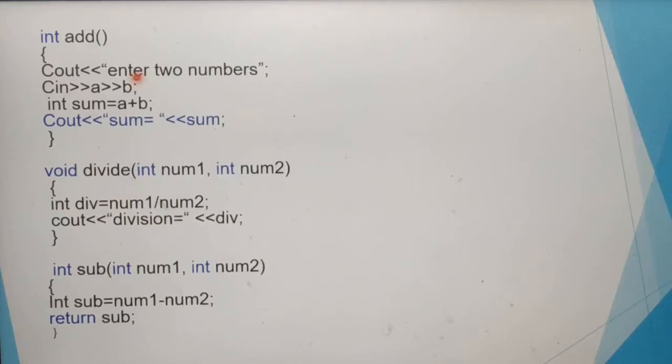See an example. In this example we are having 3 different modules. Each module we are having set of instructions. Instruction means set of commands. We are instructing the system to do some operation. Enter 2 numbers, this is one instruction, and getting 2 numbers, another instruction. Like this we are having set of instructions.